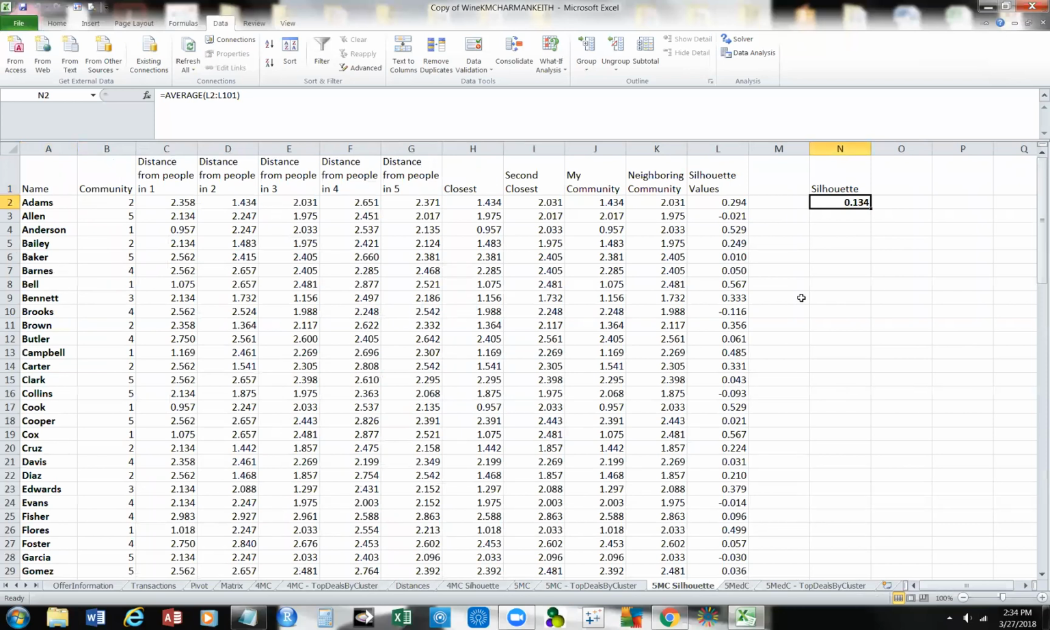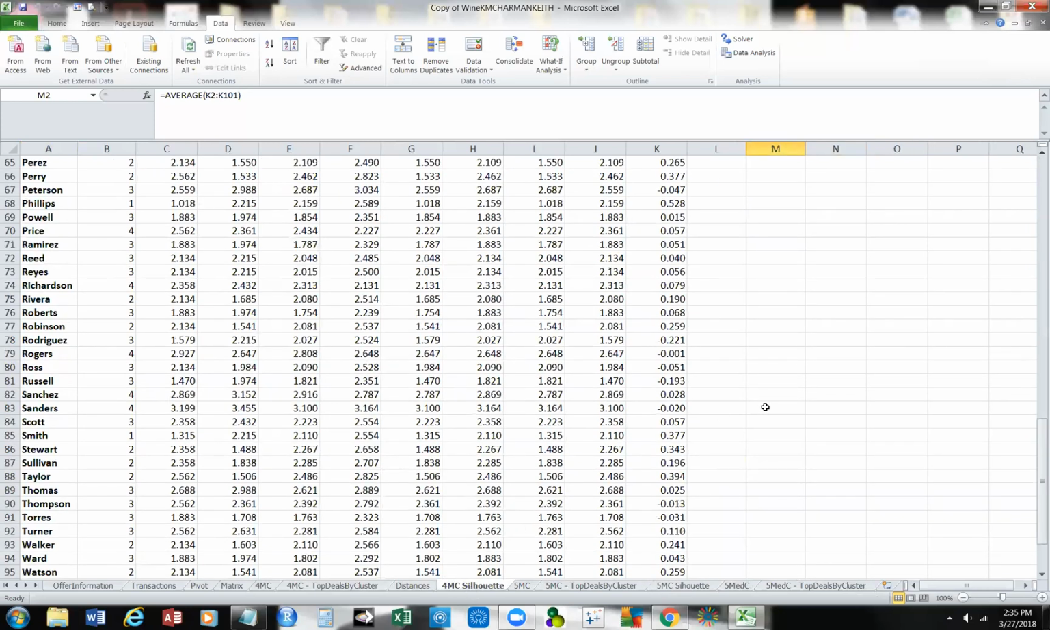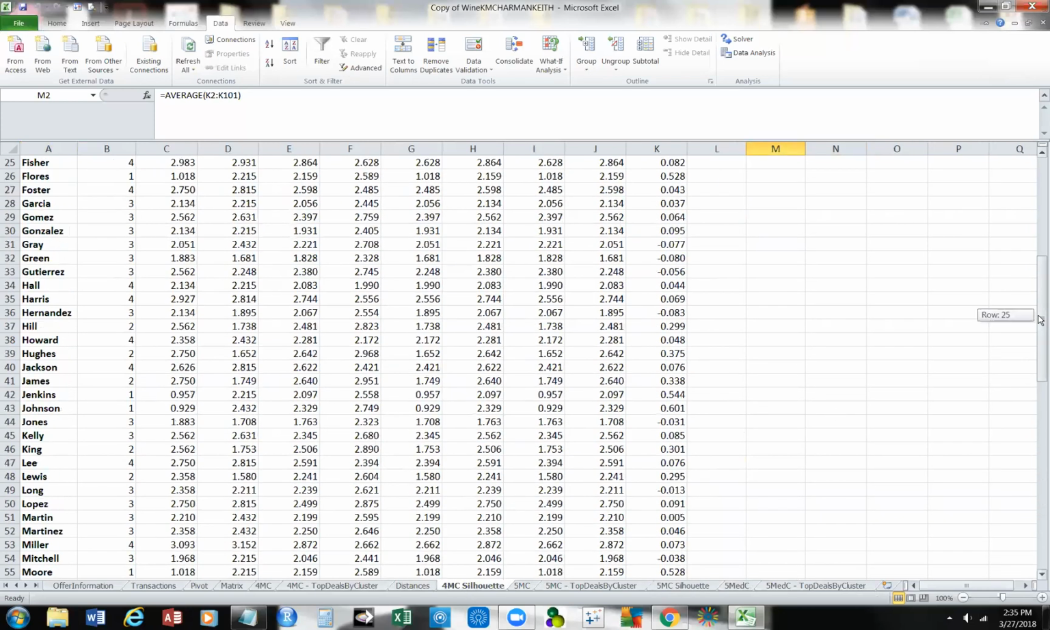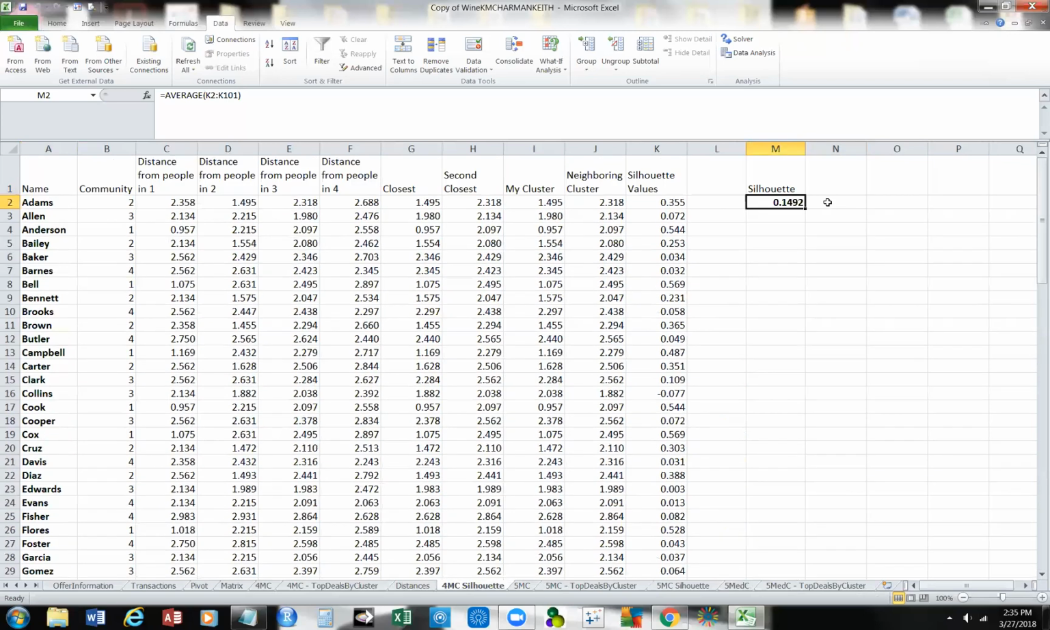And how close are we? And this is distance from people 1, cluster 1, cluster 2, 3, 4. The closest to second, my community, silhouette values. Okay, and we can look at the 4MC silhouette. We'll scroll up there. And we'll see. So based on silhouettes, all right,